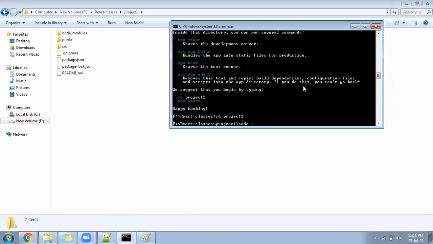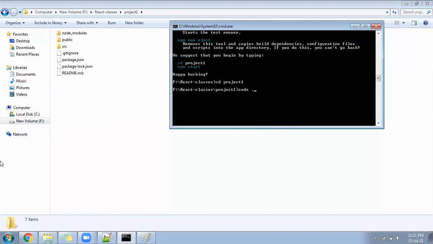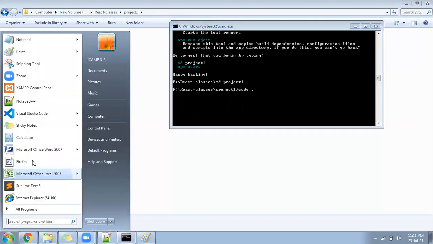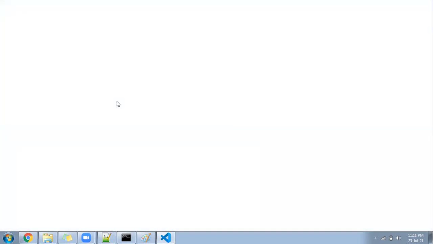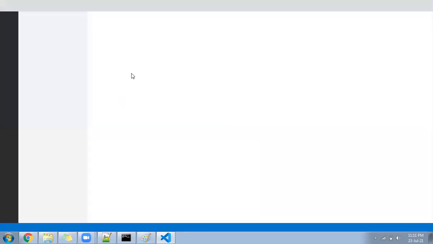What is the meaning of this code space dot? See, in my computer, I have installed VS Code. You can see Visual Studio Code is installed in my computer. Now, if I write here code space dot and press the enter key, you will see Visual Studio will open directly. And this particular project one will get assigned to Visual Studio automatically. Okay, it will get initialized under Visual Studio. We don't have to load the folder manually. It just opens Visual Studio, and everything will get loaded directly.